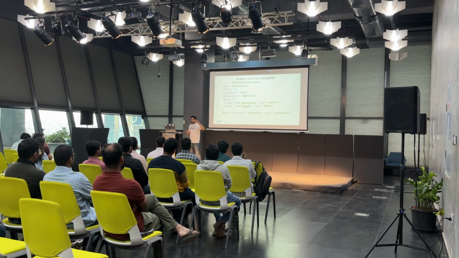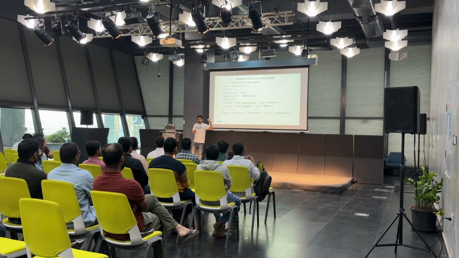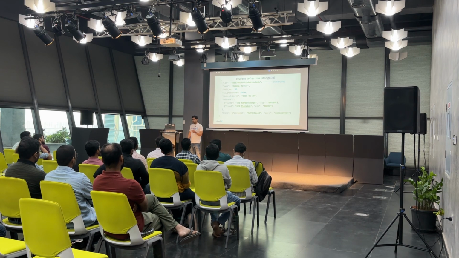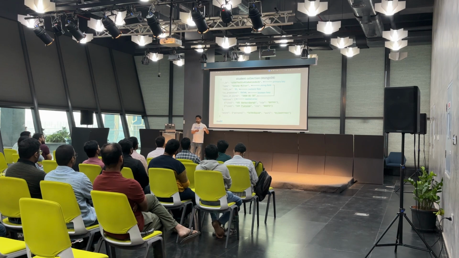Let's look at one example of a JSON doc and what it would look like. Here is a student collection in MongoDB. There is an ID, which is like a primary key. There is usually an object ID, but I'm keeping this because it is a JSON structure, so I want to write correct JSON. That's the primary key. There are string, numeric, and boolean fields, various types of fields. This is again a string, although it looks like a date of birth, so it's a string field ultimately. Here is a nested array. This is how nested JSON documents work. And there is a nested object also.